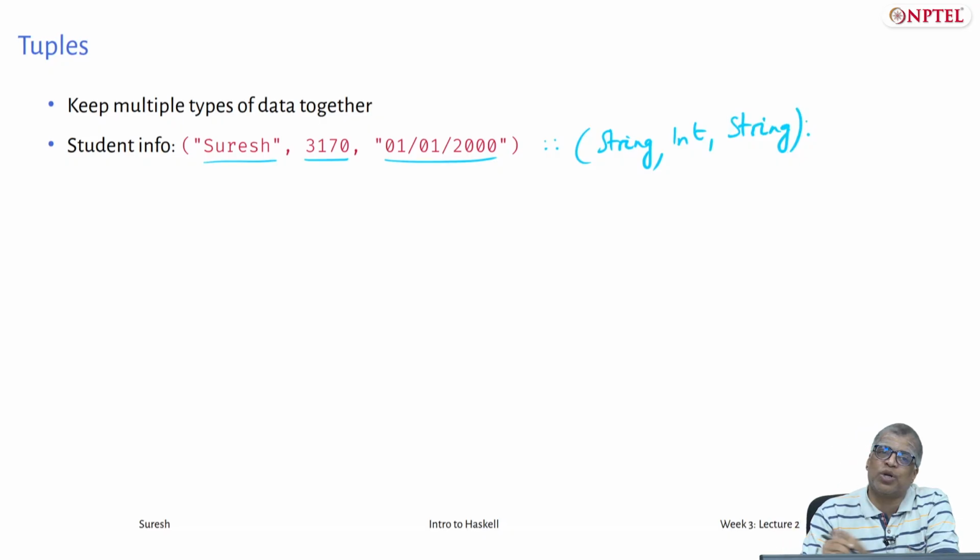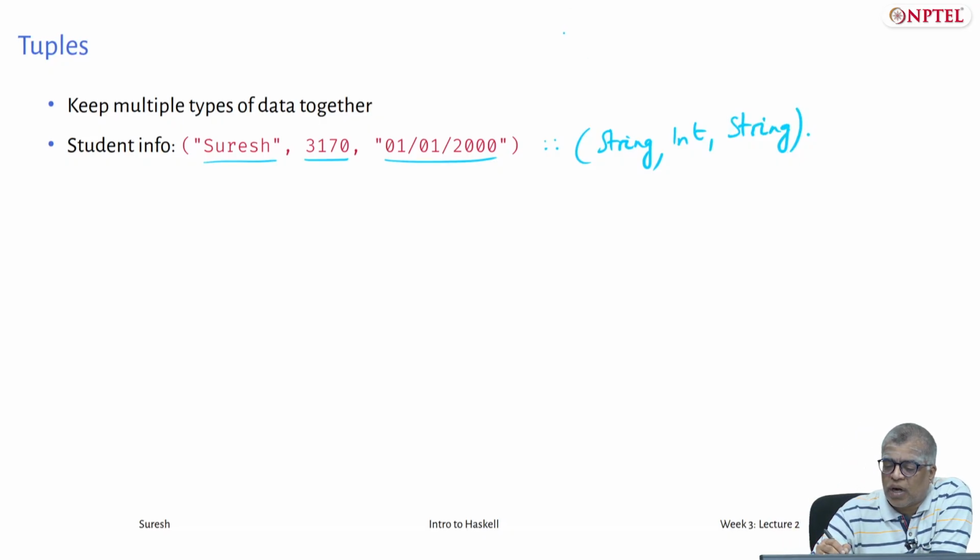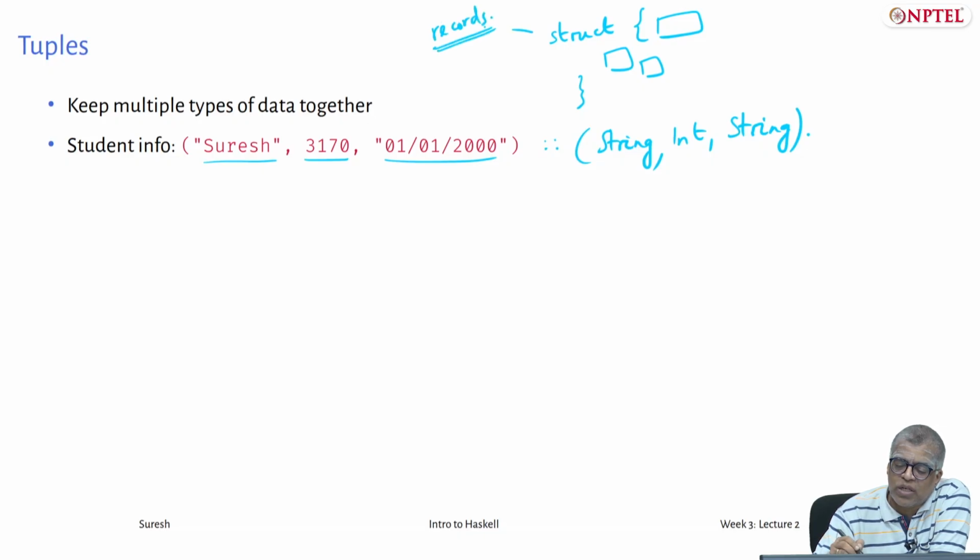In other languages, instead of using tuples, you might use struct, or in Java and so on class, but typically you will use structs in C and in Swift and other languages. This will store various pieces of information related to some particular entity. In general, it is also called records, which comes from database terminology, because this is really a student record.